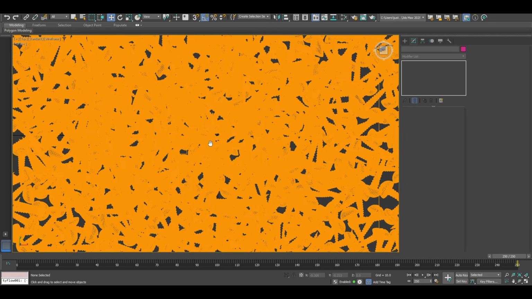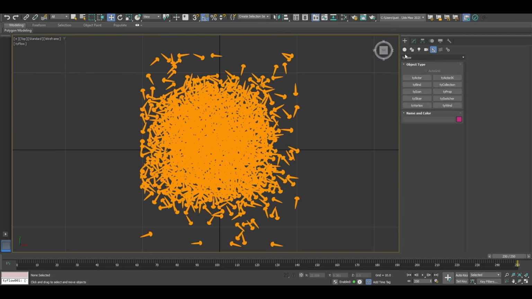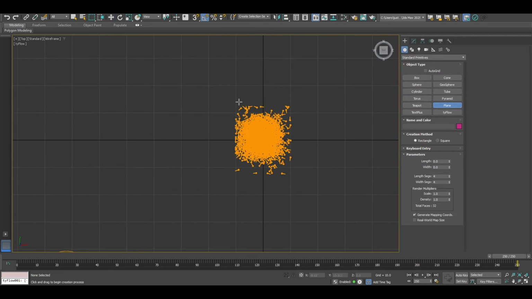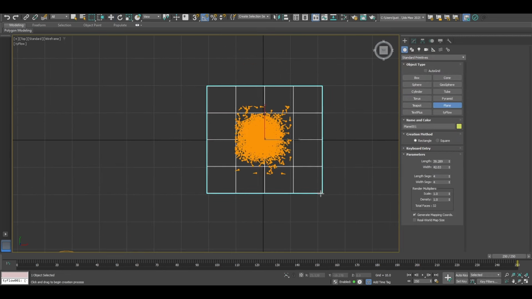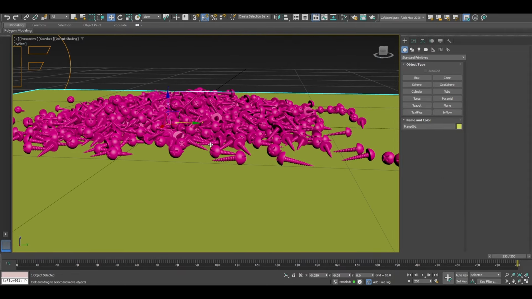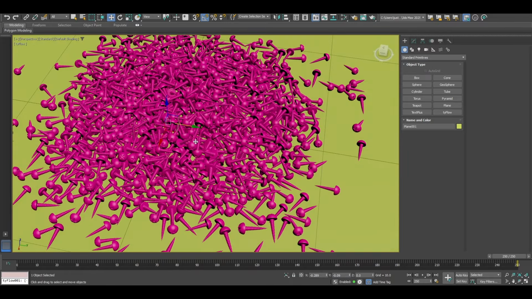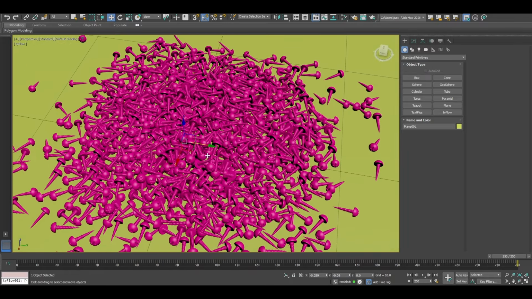Okay. So what I'm going to do is go up to the top. We're going to add a plane. And now we can start to kind of render the screws out. So plane, let's add this as the ground, like so. Okay, that's looking good. It's already at the ground level. So we can now